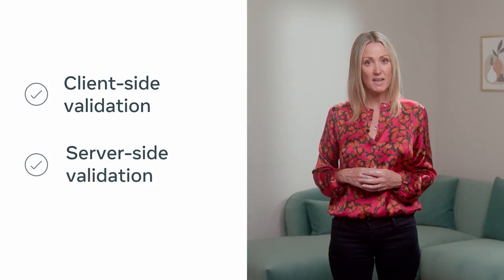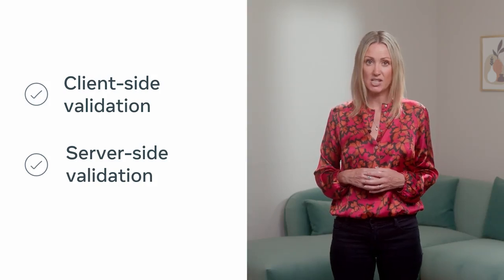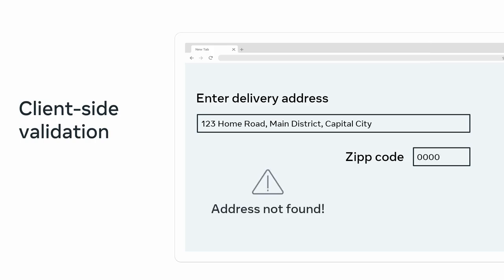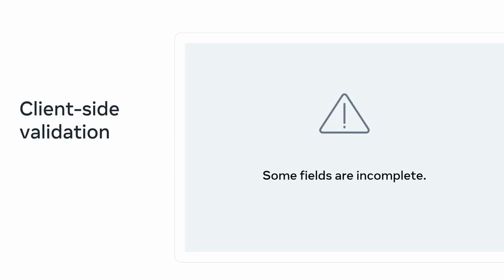There are two methods of form validation: client-side validation and server-side validation. Client-side validation checks for errors as soon as they are typed into the form. This is done by the web browser or by JavaScript code and provides the user with immediate feedback. The client-side validation process starts by checking if a form has been filled out correctly. If there are no errors, the form will be submitted to the server for processing. However, if there are errors, an error message will alert the user of the invalid data and how to change